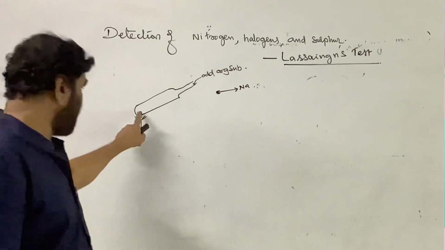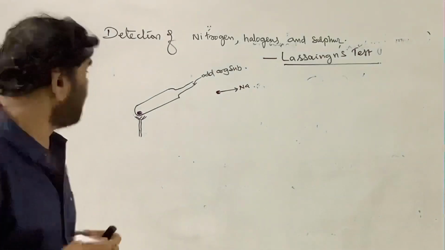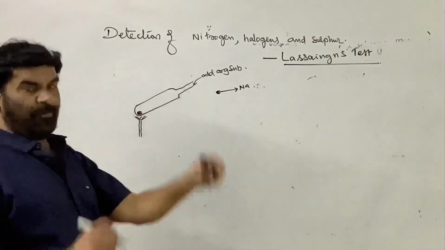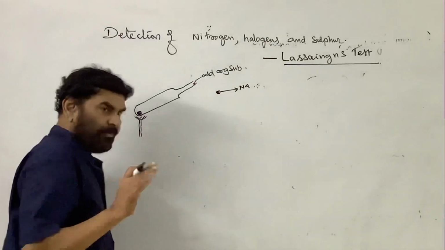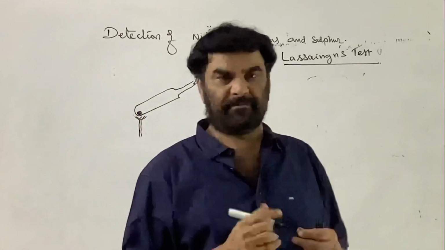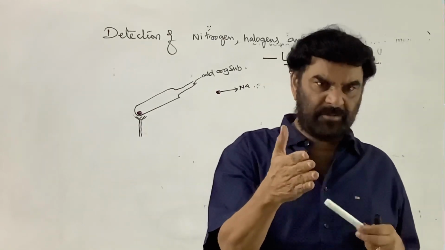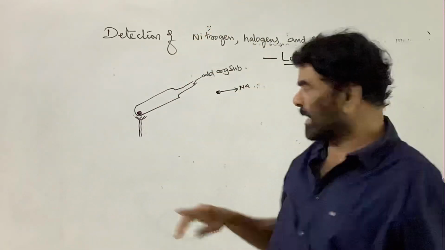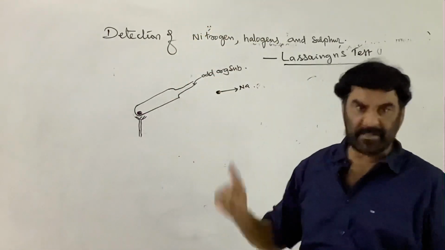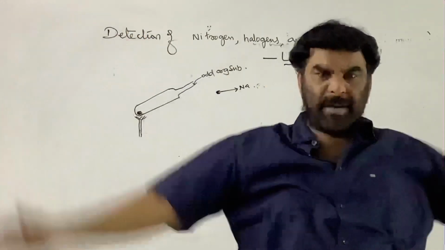Now metallic sodium and the given organic substance are both in this fusion tube. I told you it is called a fusion tube. Heating is carried out. First heat slowly. Slight warming is carried out. It is not suddenly heated to high temperature conditions. The organic substances are highly volatile and readily undergo vaporization.